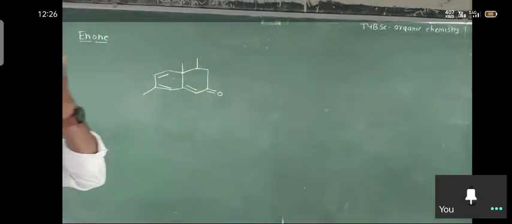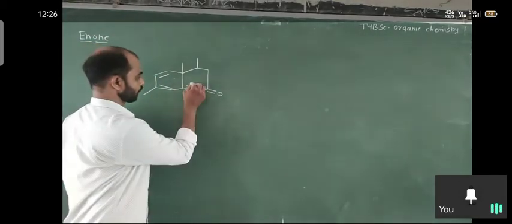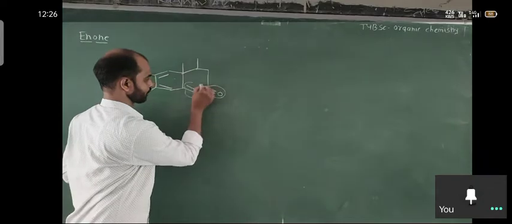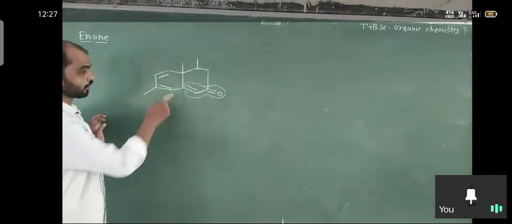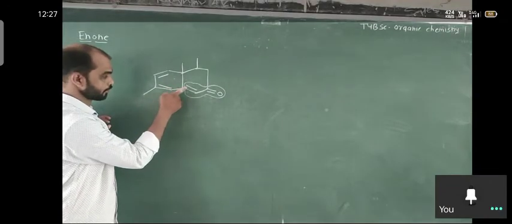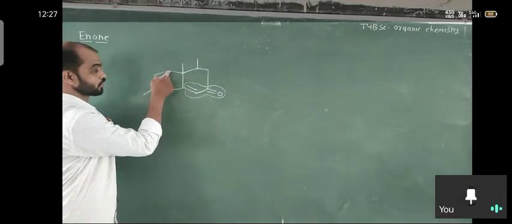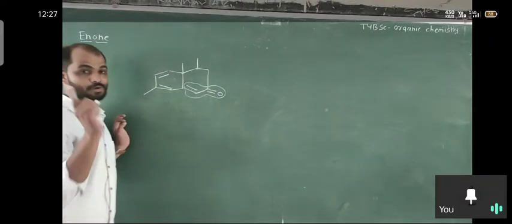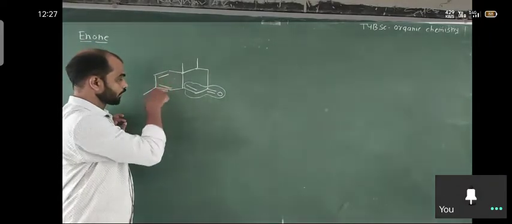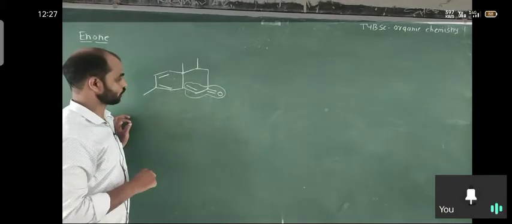Okay, so this is the example. First of all, you have to label your enone system. Okay, this is your enone, and see whether the conjugation is extended or not. Double, single means there is a conjugation extended up to this. Means there are 2 extra double bonds in conjugation. In the same ring, there are two double bonds, which means a homoannular diene is present.